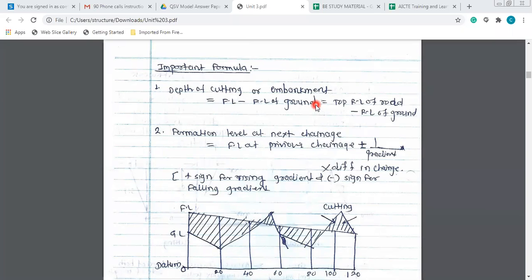Hardly it will take, if you are having good practice of using the total station, then it will not take much time. Within 3 to 4 months you will be an expert in that, and then you can start taking your projects on your own. You can file the tenders, you can get the job, or you can get different works. Now the students are working like that.